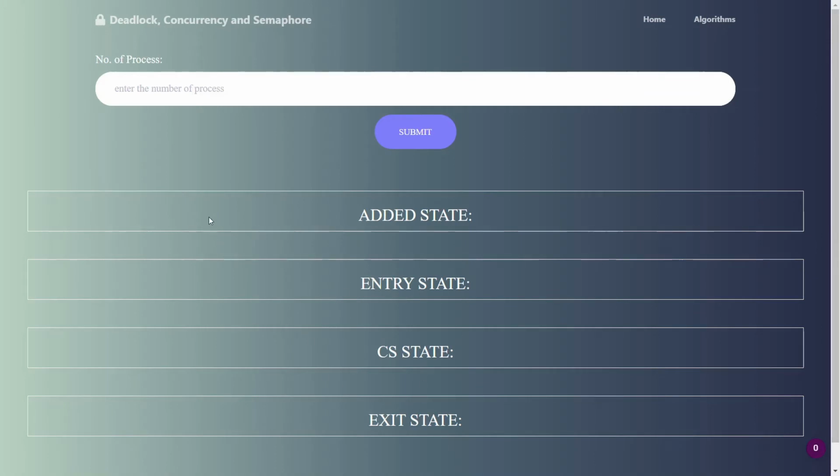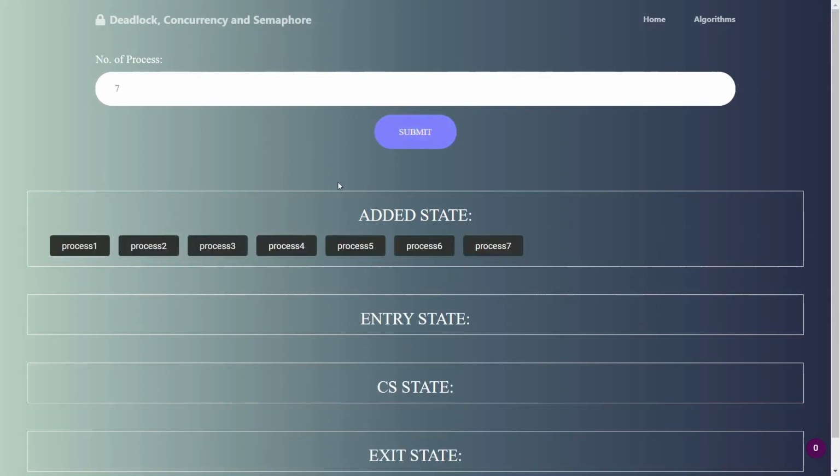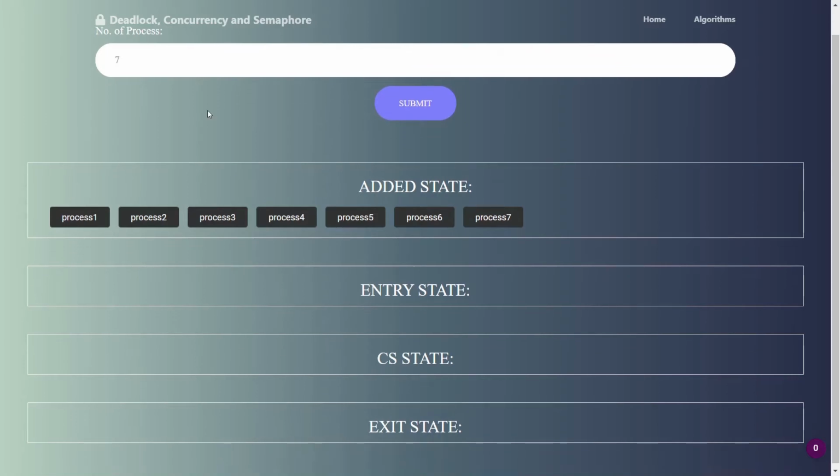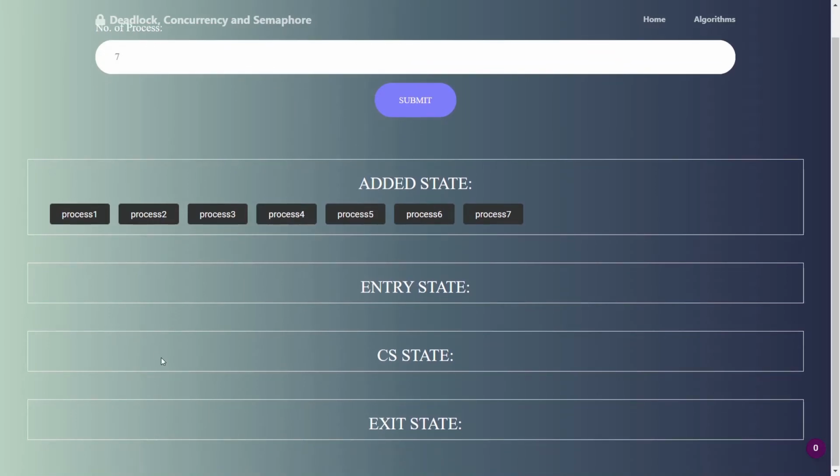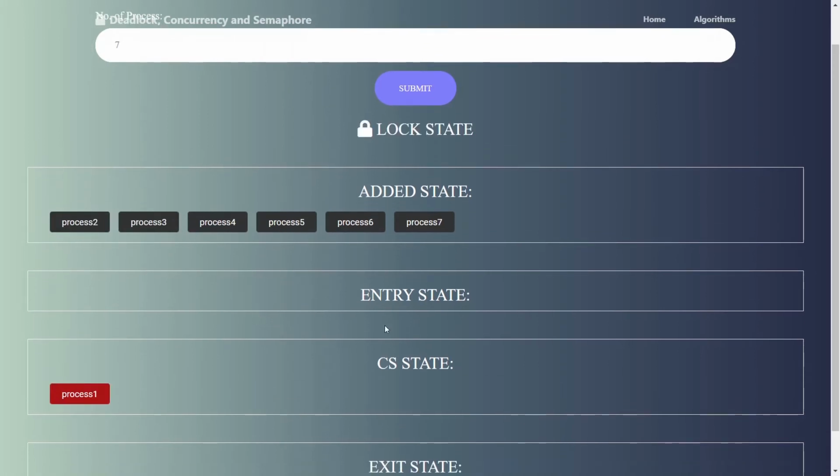As we can see here, we have to enter the number of processes. For example, I enter 7 and submit. All the processes are generated here in the added state. Now if I click on any particular process, for example process 1, it will go into the entry state. As initially the entry state is empty, it will go into the critical state directly.